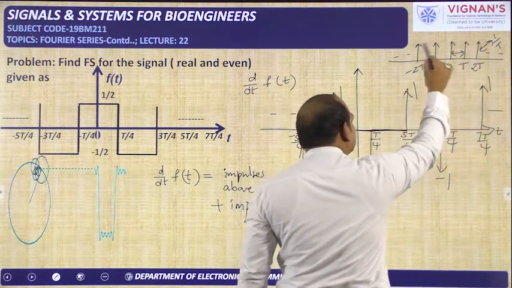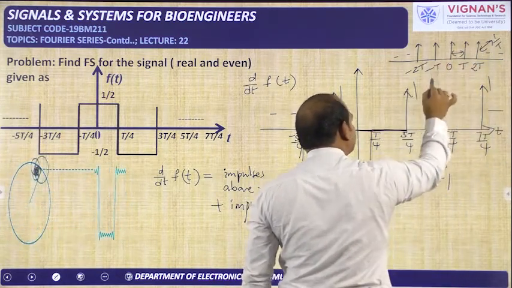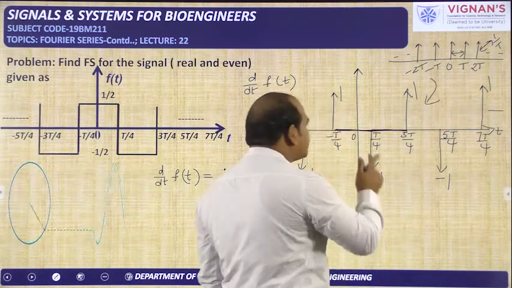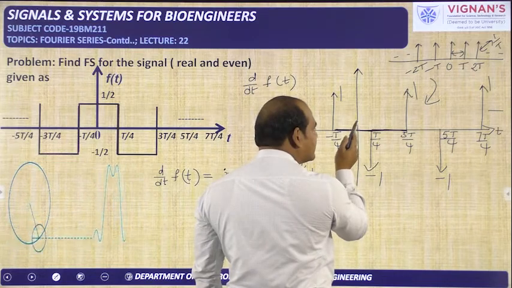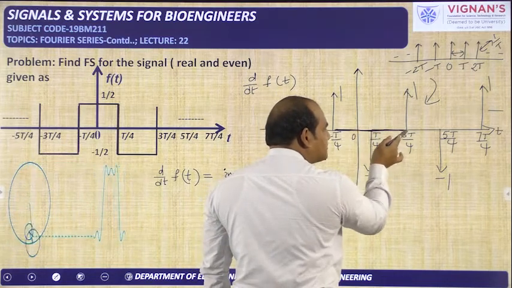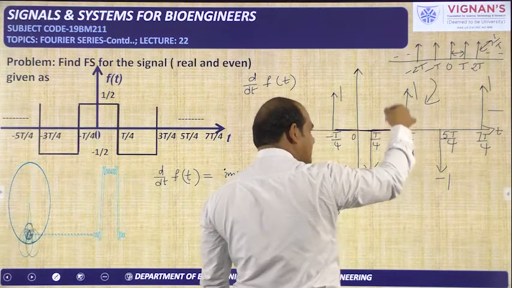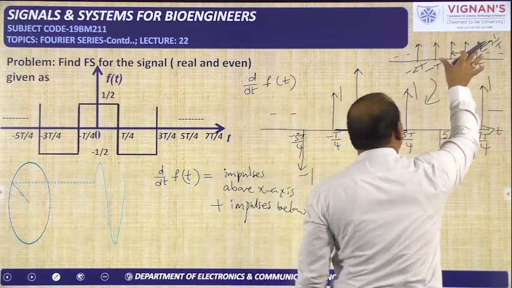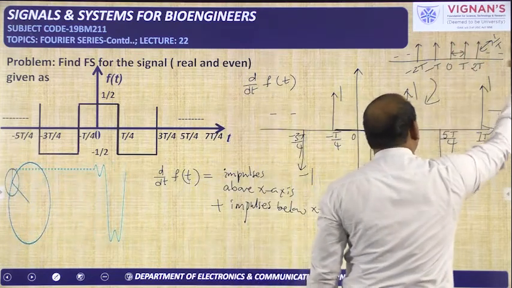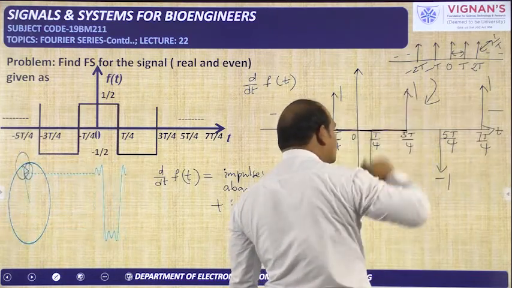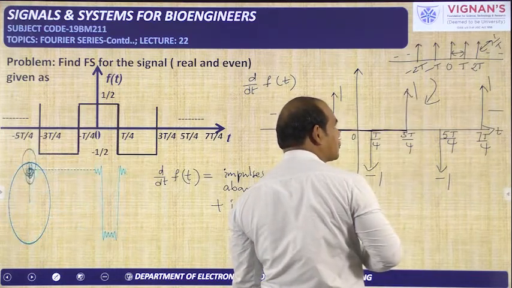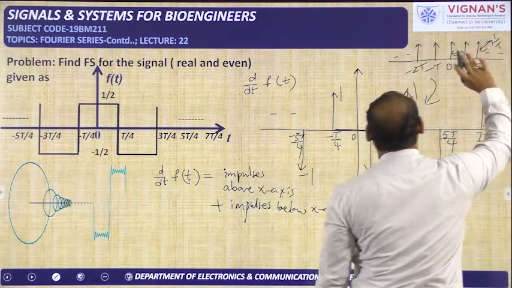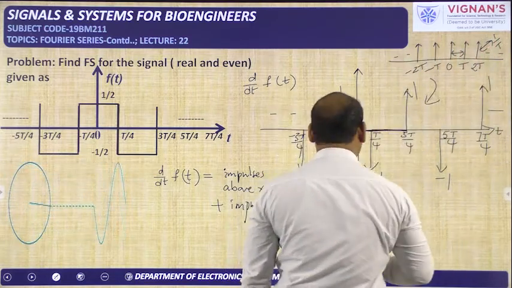Now you relate this particular impulse train signal with this impulse train signal which is above the x-axis. Instead of the availability of the impulse at 0, this impulse has been shifted to the right side by 3T/4. That means this is the impulse train shifted to the right side by 3T/4. So you know for that type of signal what the coefficient is. Because of the shifting, an exponential term will come. Like that we have discussed in our previous class.